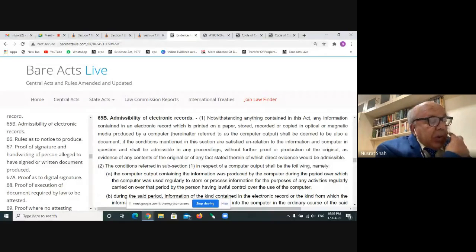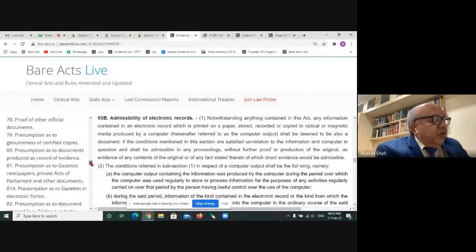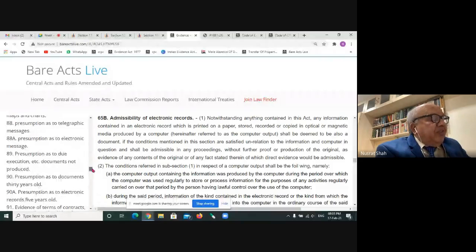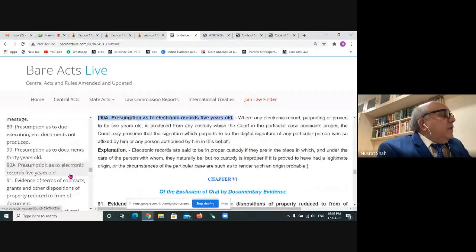Section 90A prescribes 5 years, whereas for private documents that are 30 years old, the court can draw a presumption about that document. Then there is another provision with regard to may presume, you will find in